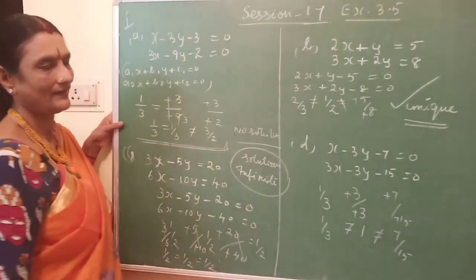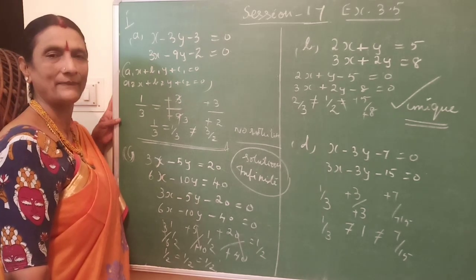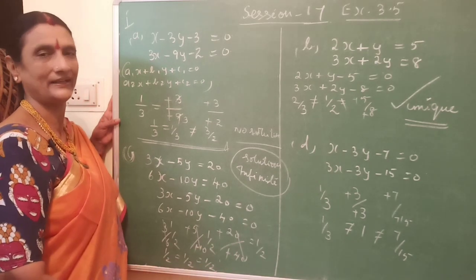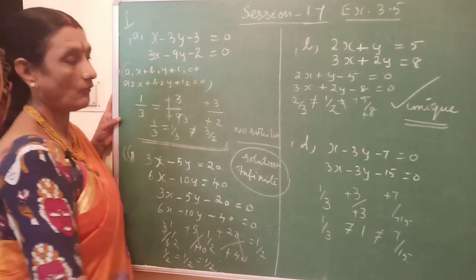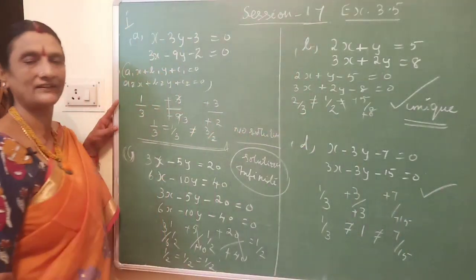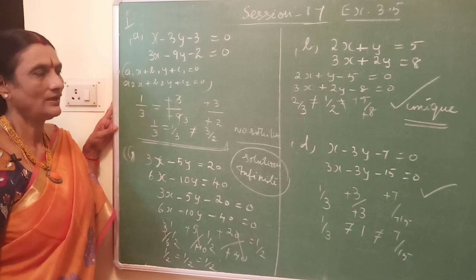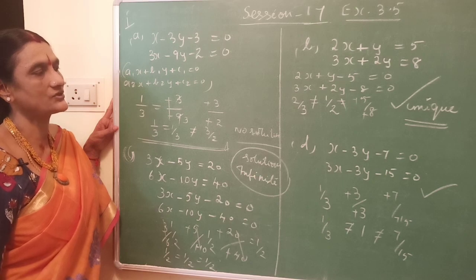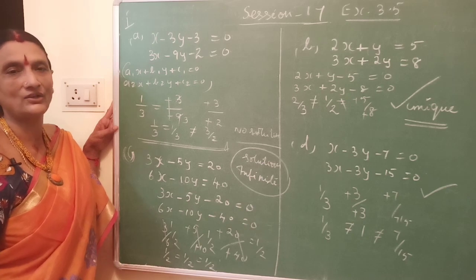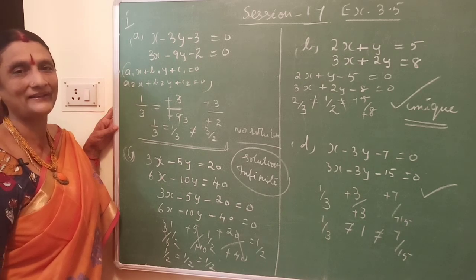So what is happening? None of these ratios are equal to one another. Therefore, we have got a unique set of solutions. The solutions are unique. Therefore, we can find out what is that unique solution by using the method of cross multiplication or the formula method. So out of the 4 subdivisions that we have gone through, the equations in question number 2 and 4, namely B subdivision and D subdivision, have got a unique solution. That solution we are going to find by the method of cross multiplication or by the formula method.